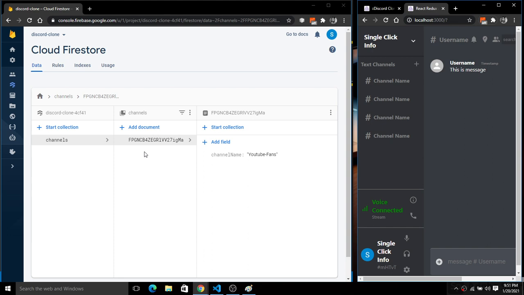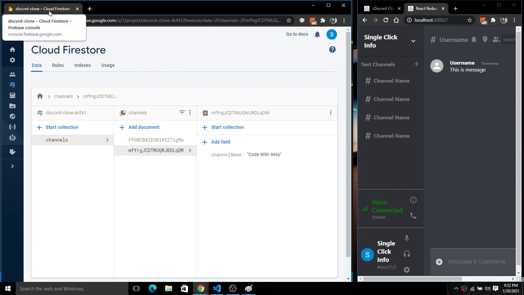Okay, give it some time, it will push. As you can see here, another ID is added. Now click on this, you will see Code with Akki. This is real time and this is insane backend stuff. As you can see, we have seen the real-time data pushed directly to the database, and you can do it by yourself.